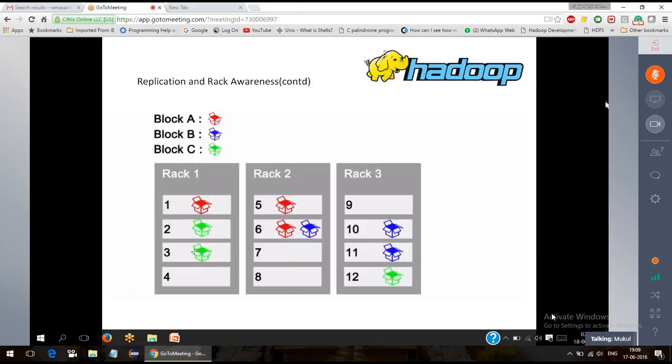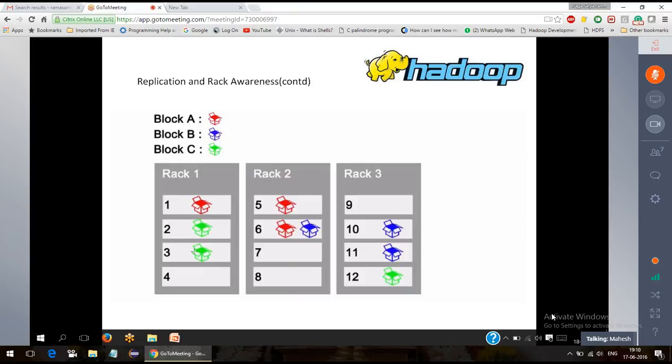Mahesh, I have a question. Yes, buddy. So if our replication factor is 3, we will be creating 2 copies of every block, right? In the default. So we have to make sure that as an administrator, those 2 copies will be residing in 2 different racks and not on the same rack, right? Yes, buddy. It's not mandatory. But what I'm saying is the best solution for that is,